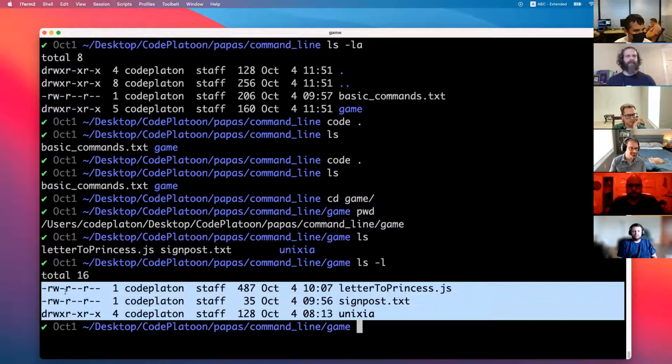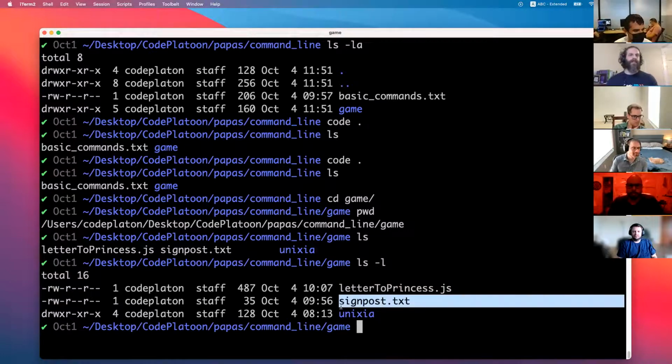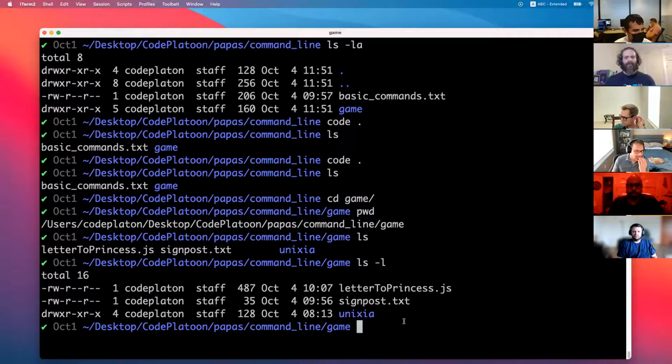You can see clearly there are three different things. There's this letter to princess.js file. There's a signpost.txt, and then there's a folder called Unixia. So I want to read the contents. So we're going to play this well-designed game, and we want to read the contents of signpost.txt so we can get started.